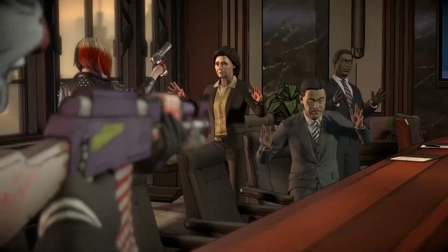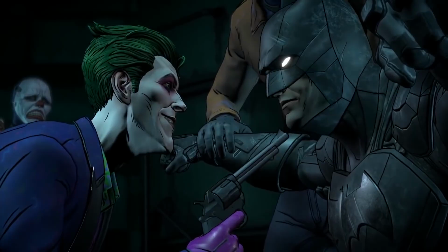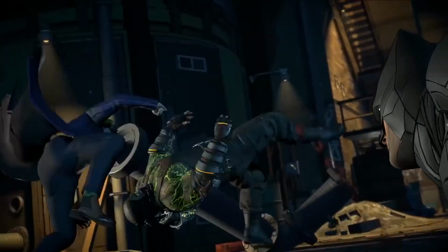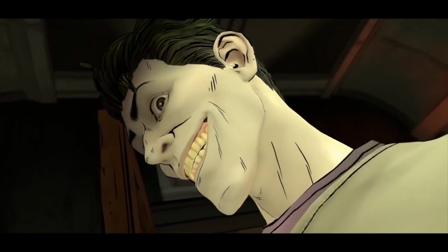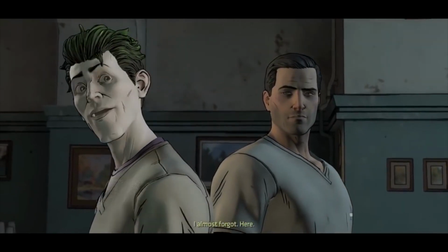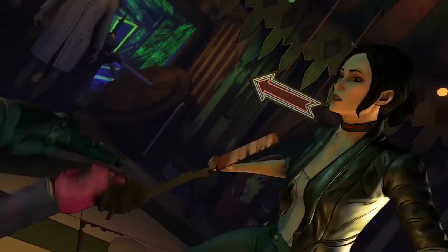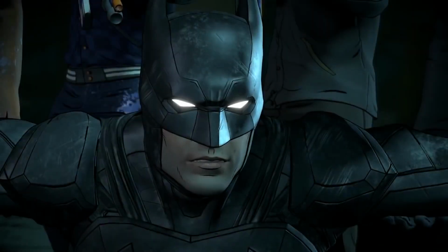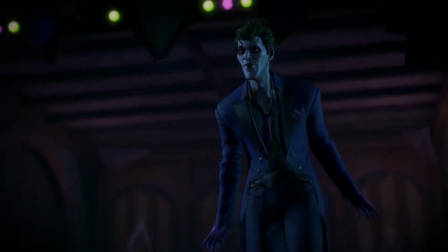If you want to see a really unique spin on the Joker, check out Batman the Telltale series, and its sequel Batman the Enemy Within. First introduced as the mysterious John Doe, an Arkham Asylum inmate who gives Bruce Wayne information and helps to bail him out of the asylum, the Joker returns in the second season as an ally to Batman. After teaming up with Riddler, Bane, Mr. Freeze, Catwoman, and John's former psychiatrist Harley Quinn, John tries to recruit Bruce to their criminal cabal, before secretly deducing